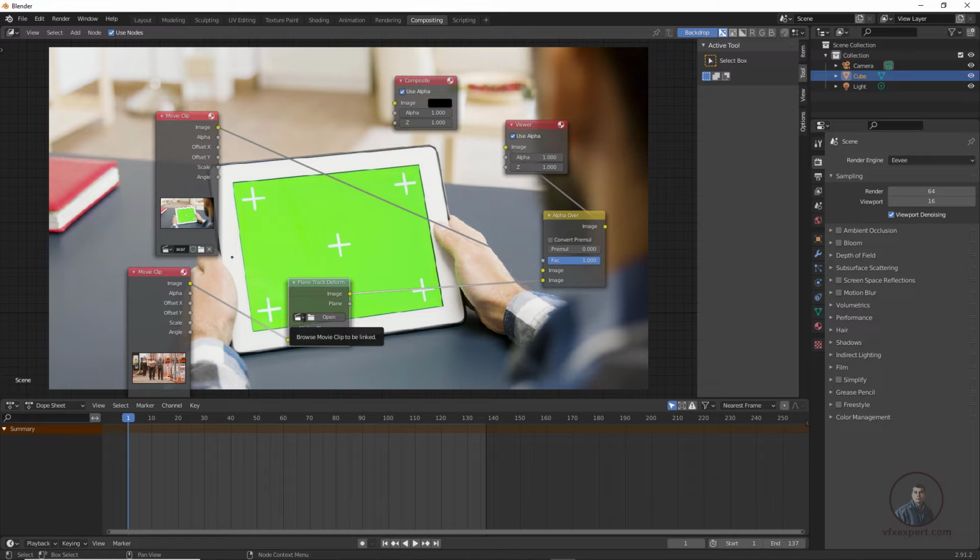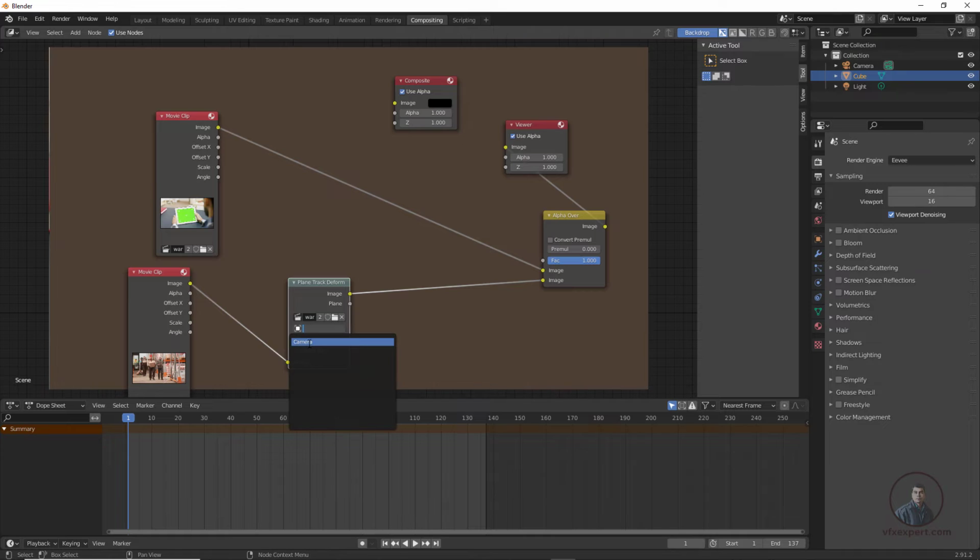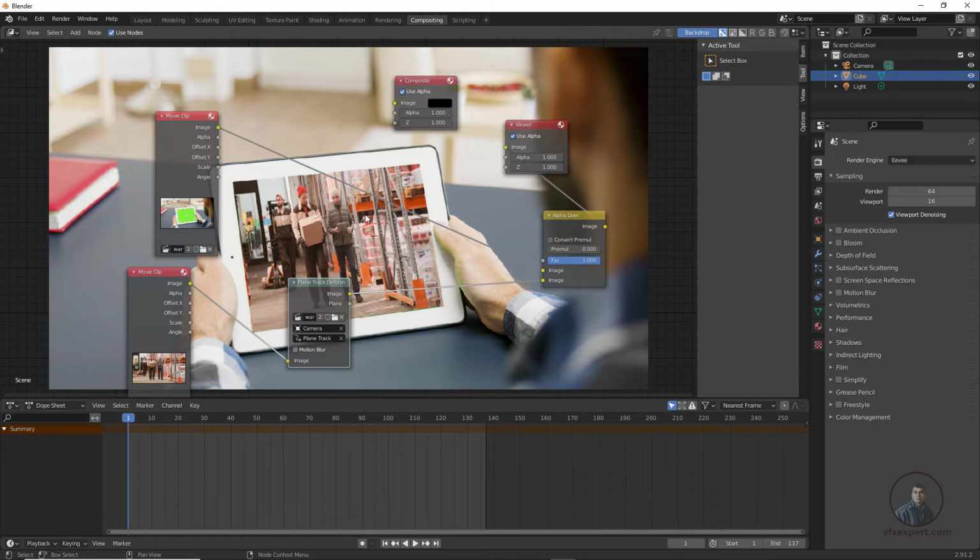Then in this option select your footage. So this warehouse screen footage. Then from here you have to select camera, because by default Blender creates all trackers in the camera group here. Then from here we can select our plane track. So now you can see, it has automatically fit your screen into our screen. So this will fit your screen according to your surface or plane placement. So remember this one, okay? So now this is looking good here.